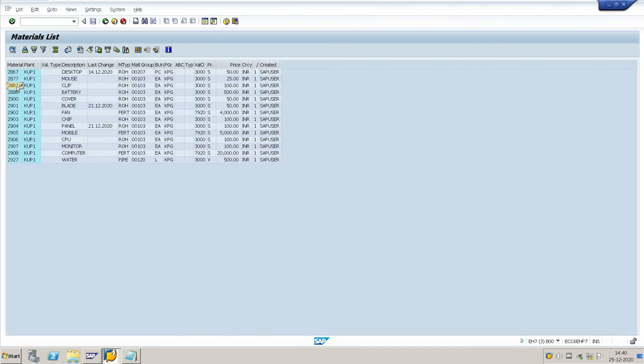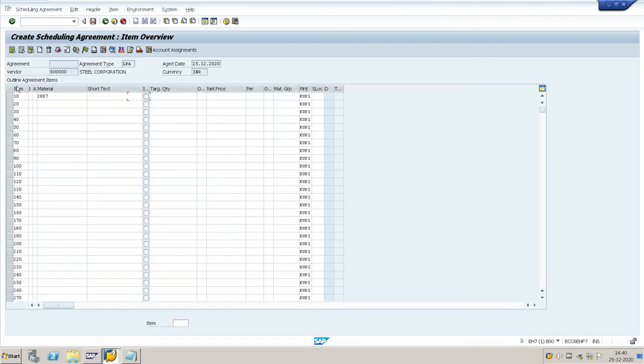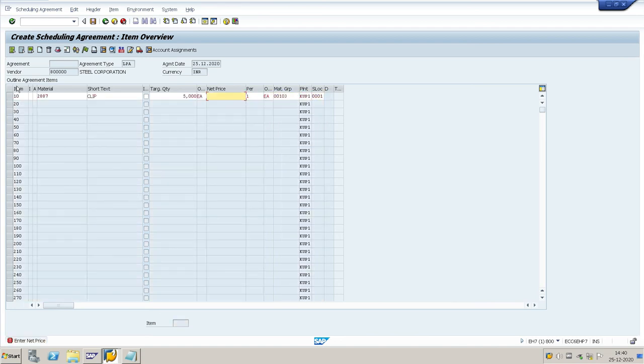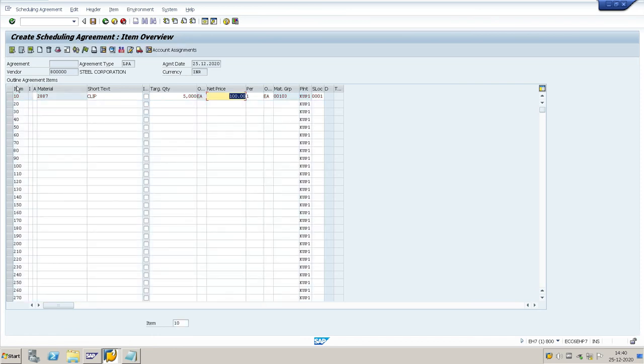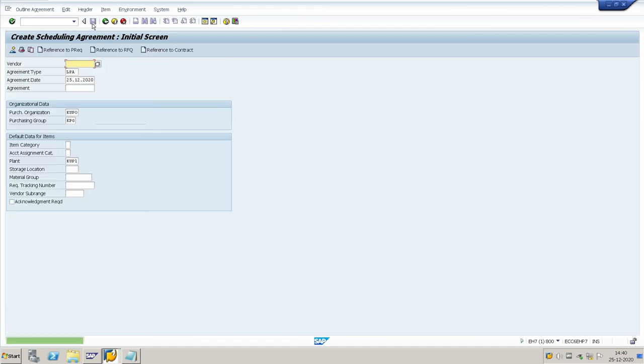I will select the material number, quantity, storage location. We will save the scheduling agreement. Scheduling agreement created, ending with 156.